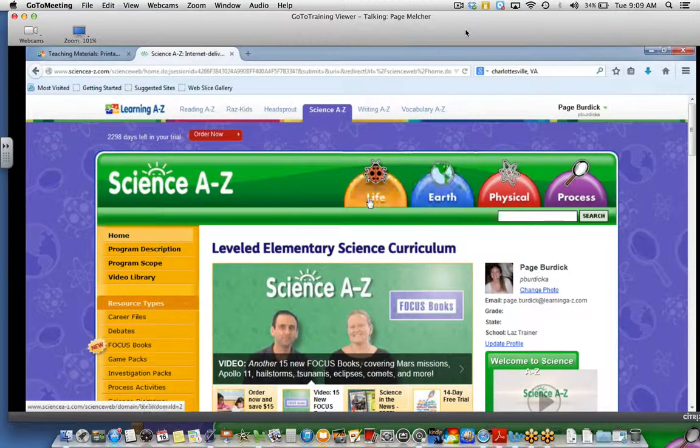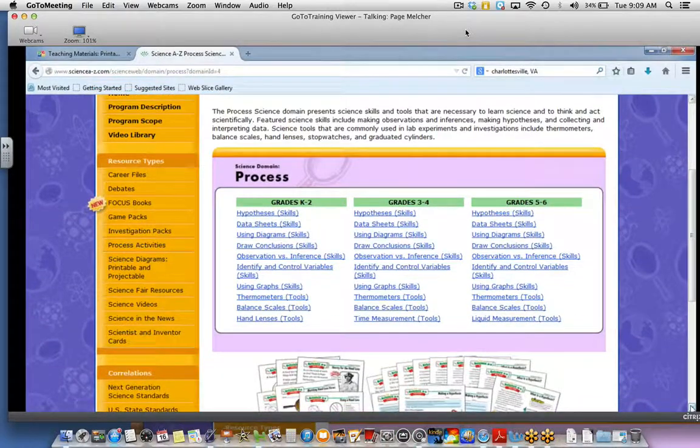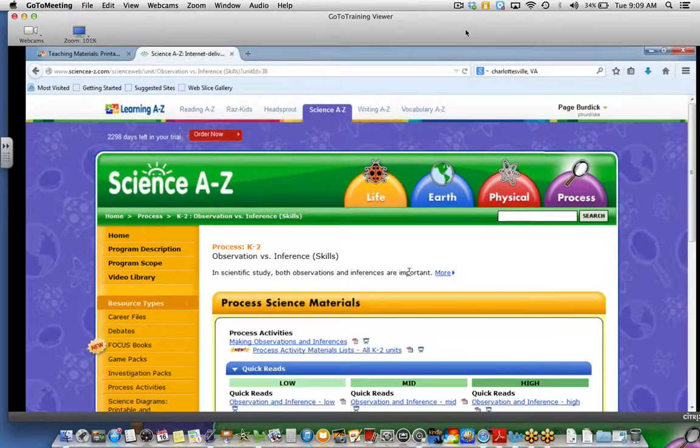There are 4 major domains for the Science A to Z site. Starting with the process lessons. The process lessons are going to be the foundational skills for science, such as using tools in the scientific method lessons. So we could pair up our classification lesson in language arts with some classification or observation and inference with our science to kind of hit on similar skills within both of our time frames. If I open that up